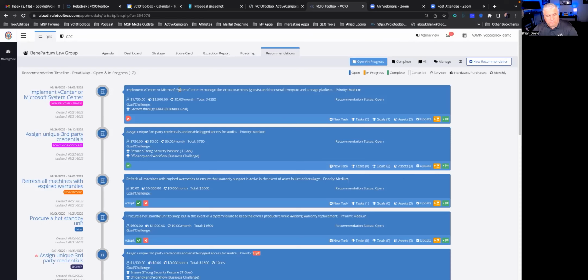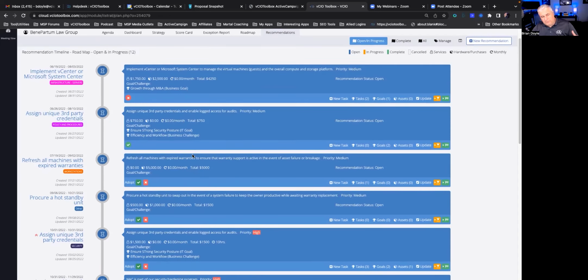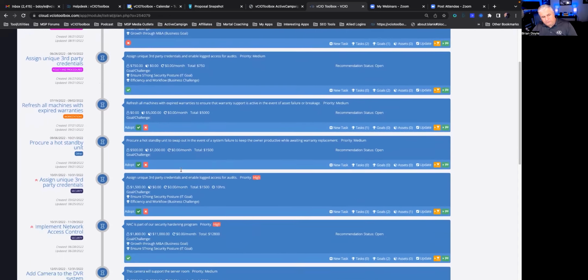This project, Microsoft System Center, will help manage your virtual machines, but we do consider this a medium priority project right now. The cost for that project is $4,200, and it's really going to help us with the growth through the M&A that you have noted on your strategy plan, because we're going to be able to import the VMs from that customer into your environment very quickly, take hold of them, integrate them into AD, and so forth, whatever the steps might be. But really, what we're doing here, guys, is showing the customer what the reinforcing statements are,